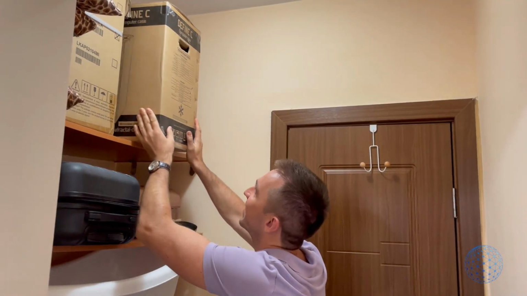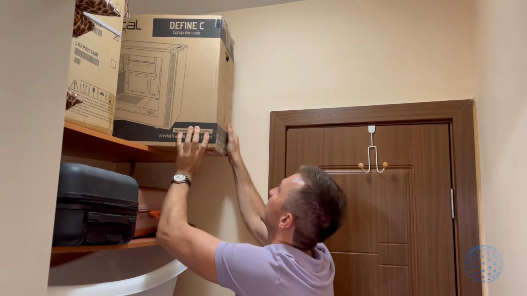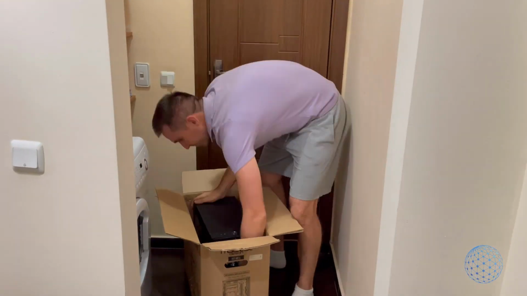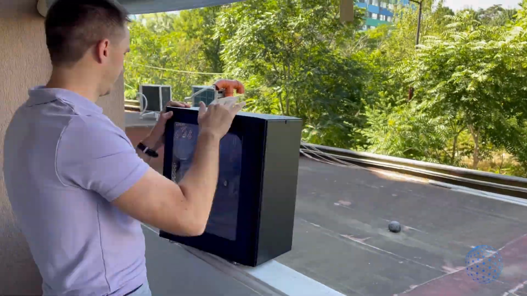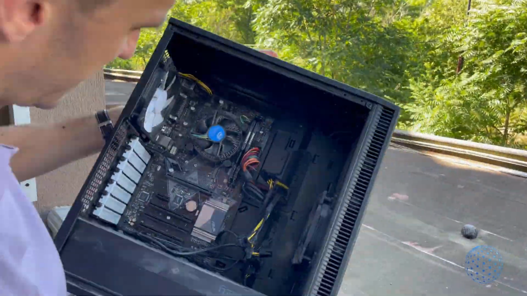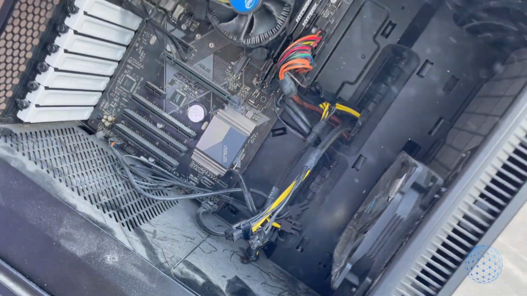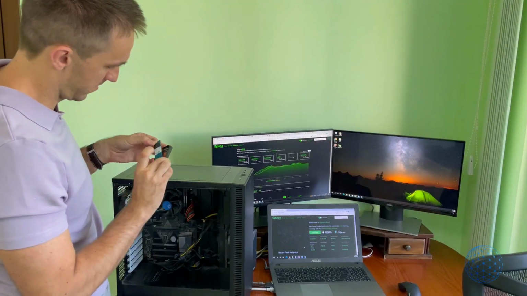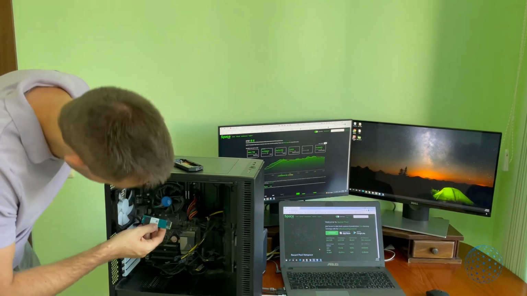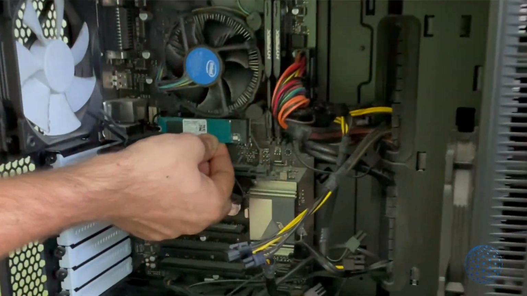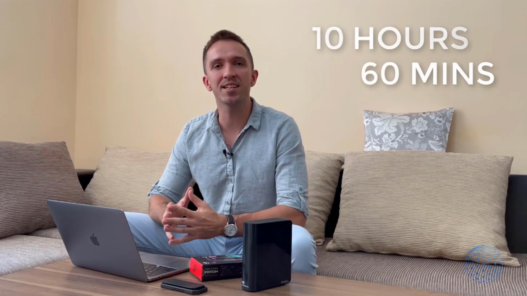And how I decided to start plotting and farming using a PC is, I remember that my parents had a PC in their wardrobe, so I decided to try it out. I had no idea what were the parameters of this desktop computer. All I had to do is to move the SSD and place it on the motherboard, but transferring the plotting to the PC actually lowered my time from 10 hours down to 60 minutes, which is 10 times faster.